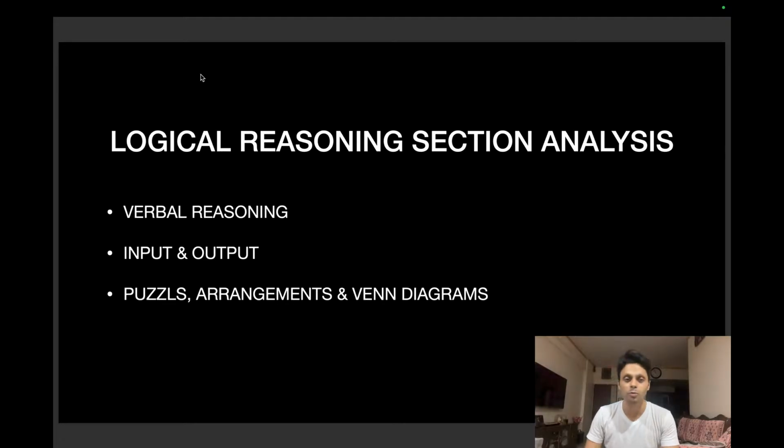Input and output questions were also asked, but guys, input and output questions are a kind of trap. You need to understand the pattern, and once you have understood, you also need to ask yourself this question: can you attempt an input and output question in the least time possible? Why? Because you just get 40 minutes for 36 questions, and each and every question carries equal weightage. So invest your time judiciously, invest your time smartly, so that yes, you will get output from it.